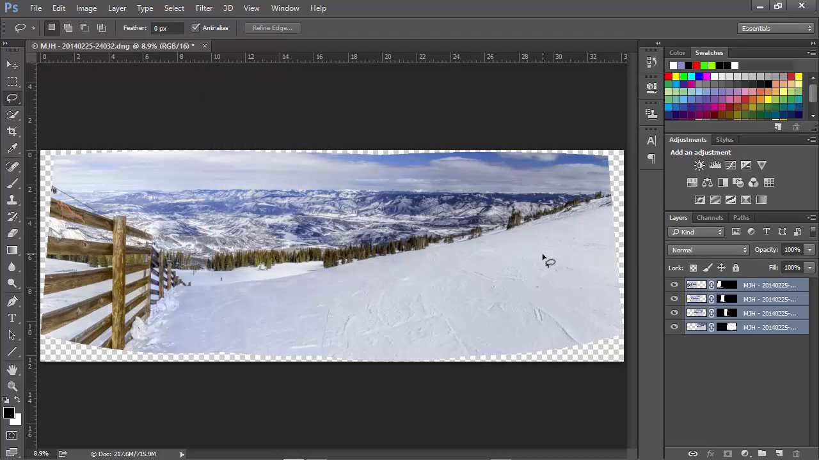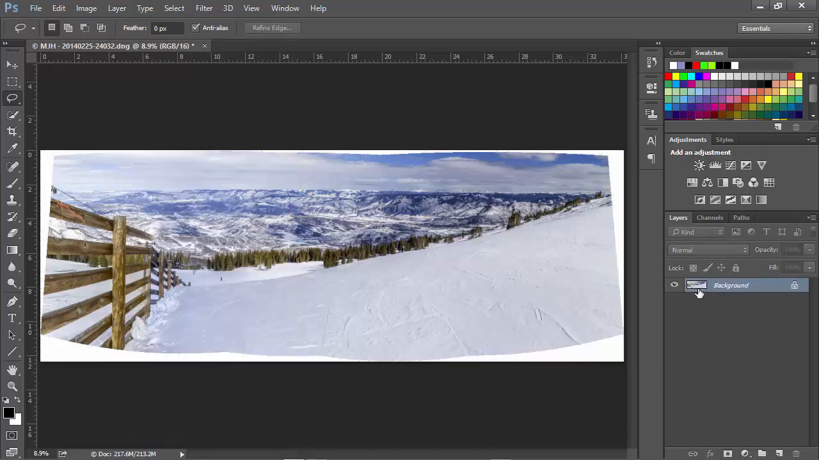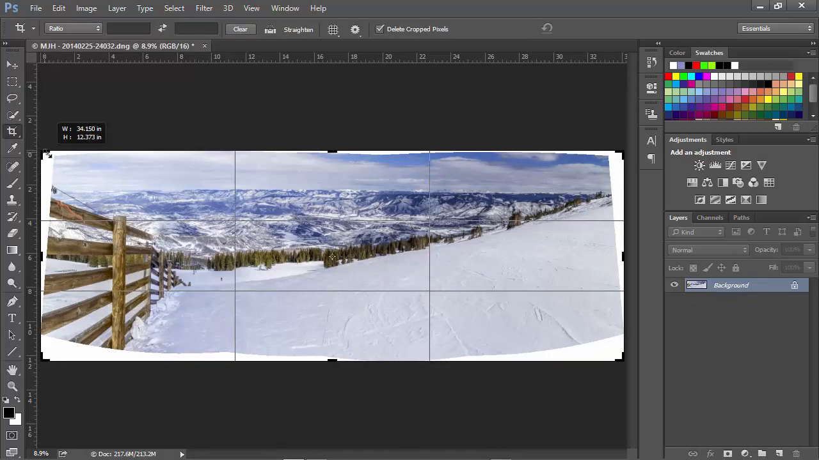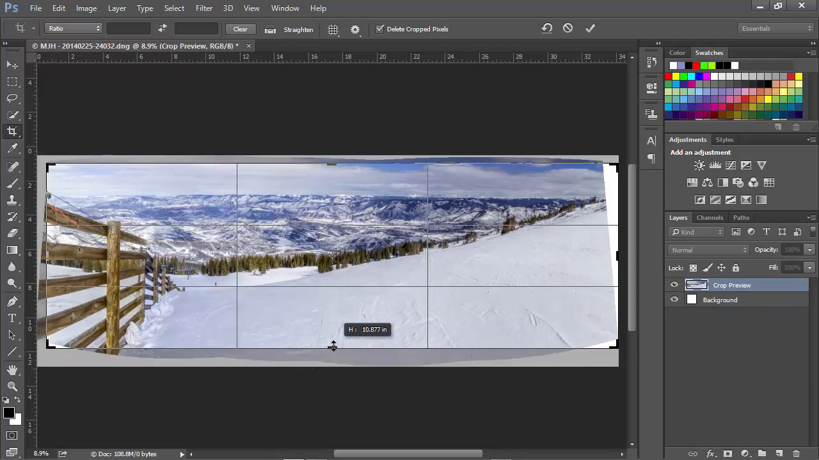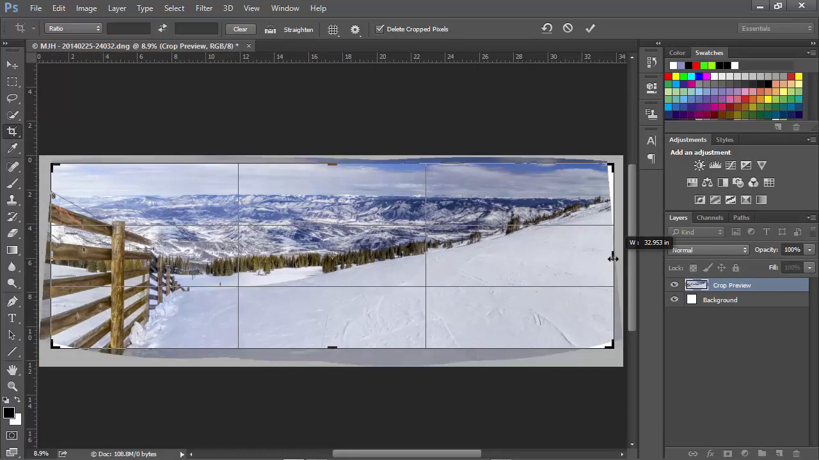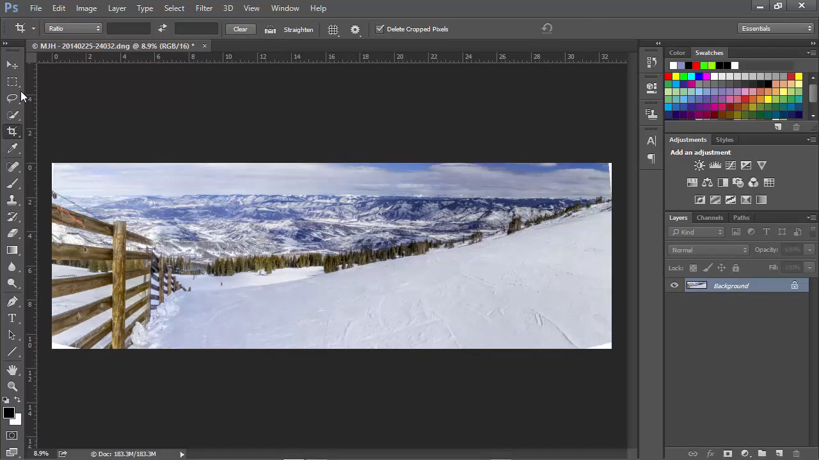Now at this point I'm through with the photo merge. I'm going to go ahead and flatten this image. So I'm going to choose Layer and Flatten Image and merge it all into one single layer, and that leaves me with a white background. Now I'll choose the Crop tool, and I'll just bring the corners in a little bit to remove some of the outside edges. And remember that I can always leave some of it there